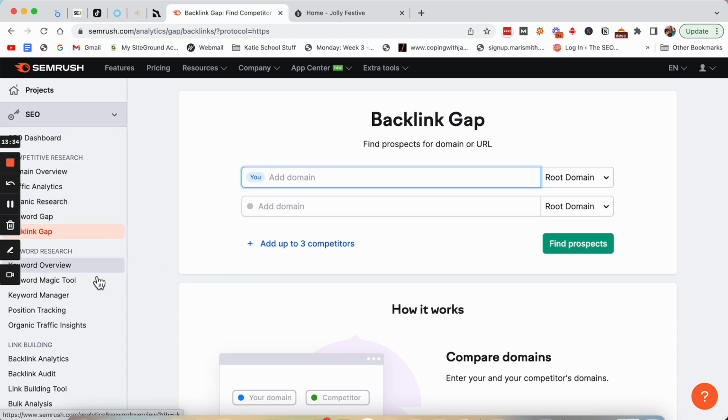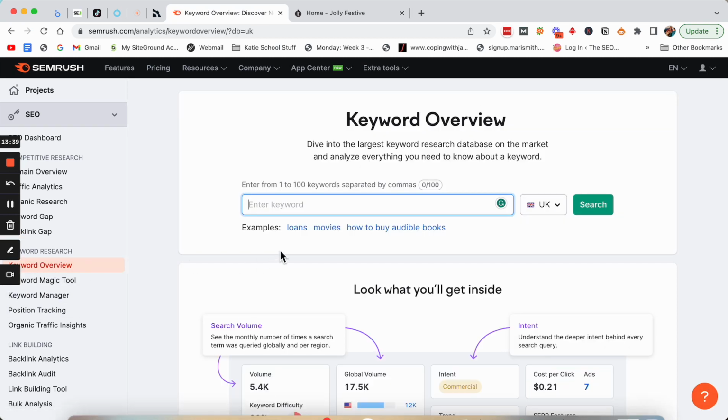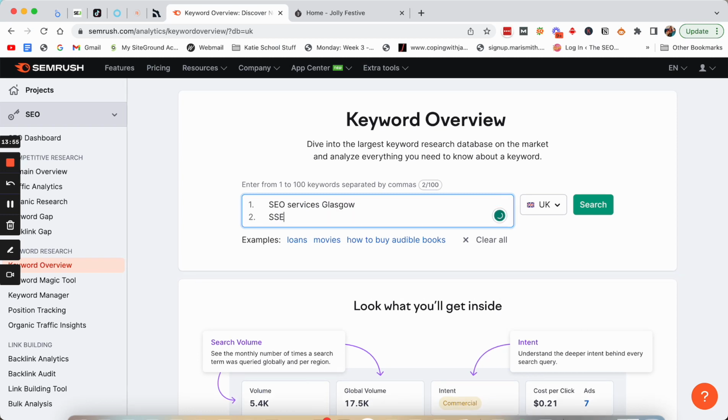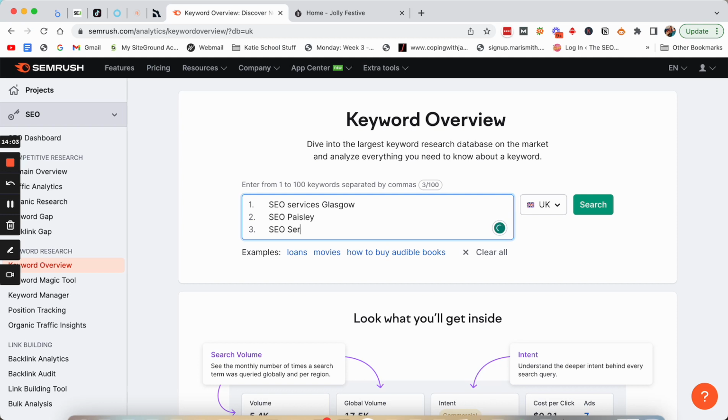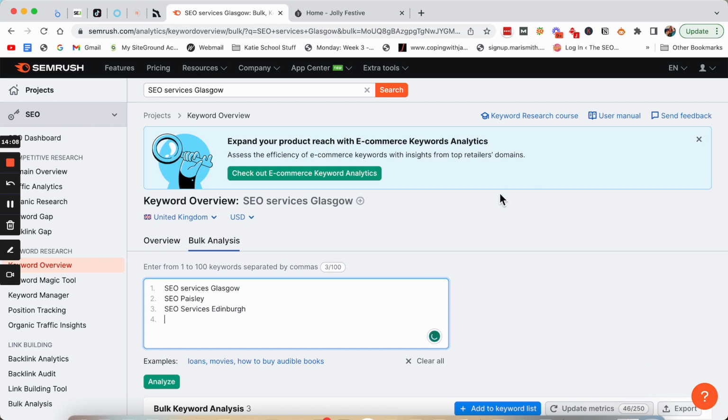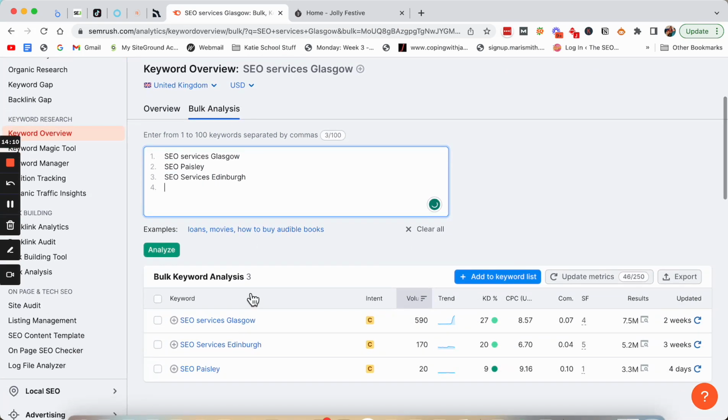Then we come down to the section where I spend most of my time in, the keyword research section. You've got the keyword overview, where you could just put in a list of keywords here, if you have a list of keywords you want to find information of, or you can just put one. So you can just list anything that you wanted to know, and then click search, and it will bulk analyse them, and you'll get the data down here in a little